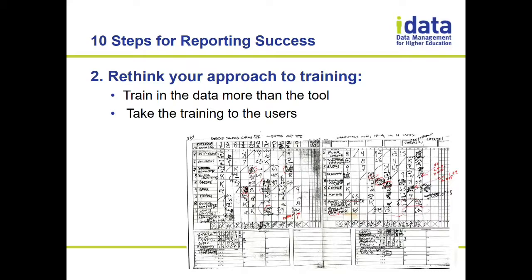And it's not simple to do, because a lot of these data systems don't come with nice, easy to read or even easy to access information on the data, and particularly how that might map to your particular business glossary and reporting definitions. The other thing to do is to take that training to the users. Don't be entirely passive about the training. We'll talk about that in the case study for Central Piedmont and what they did.